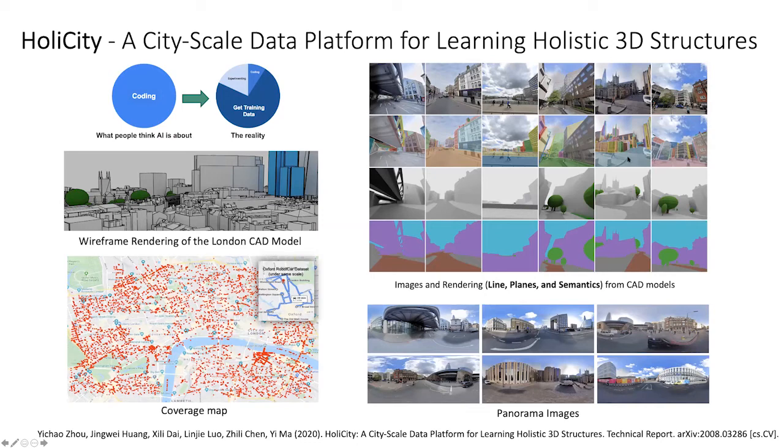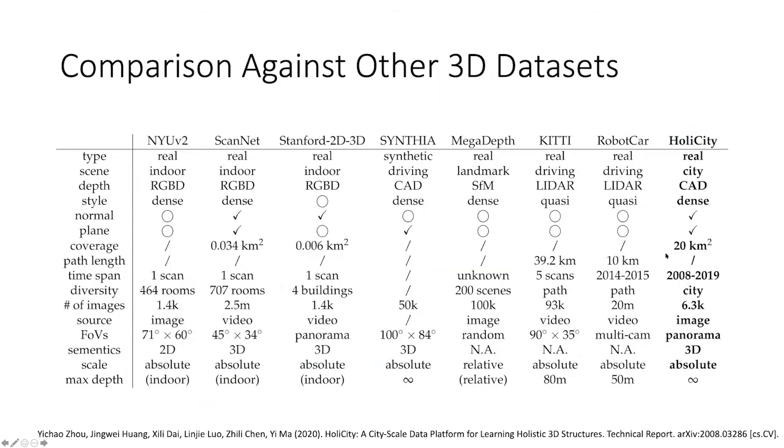But this is actually a very rich data set. My former PhD student, Yi Cao, spent about a year developing this data set. It has all kinds of annotations and CAD models with semantics, not very dense, but most of the important categories are labeled. The image quality is very high, from high quality Google street view panorama images. It covers quite a big area, about 20 square kilometers of downtown London, and it can support 3D surface normal, plane, lines, junctions, and even semantic level or CAD model level inferences.